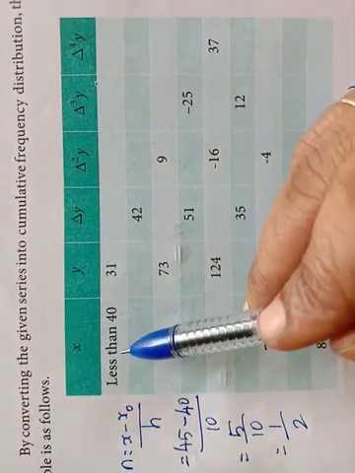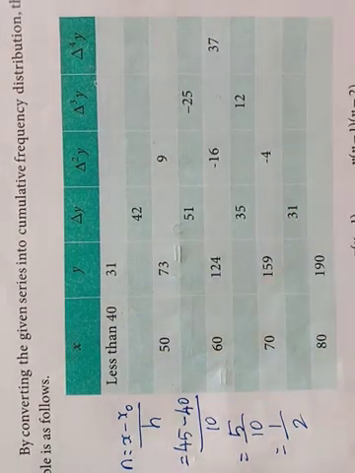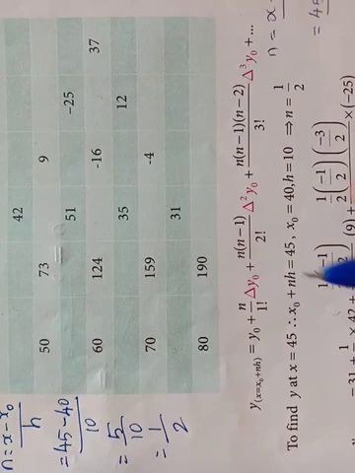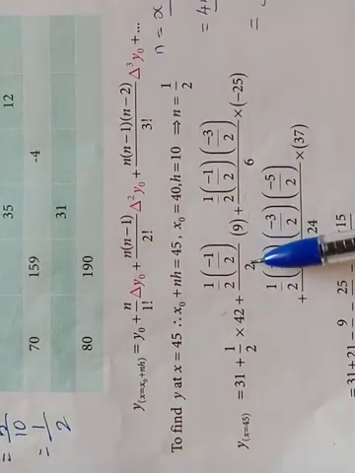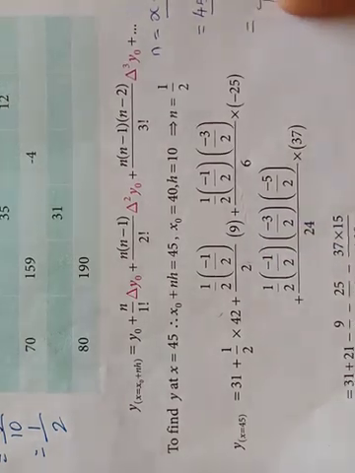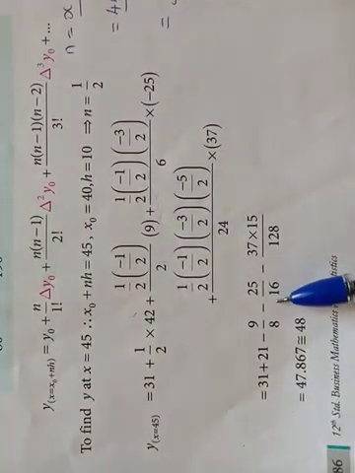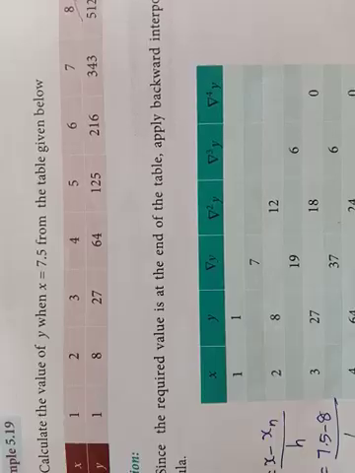Here just only one less than 40. That only, if it is a class interval they are given to you. And then as usual the formula you want to write it and then substitute everything. Here they used the fractions. So fractions we can use it, and then the final answer also we can get it.